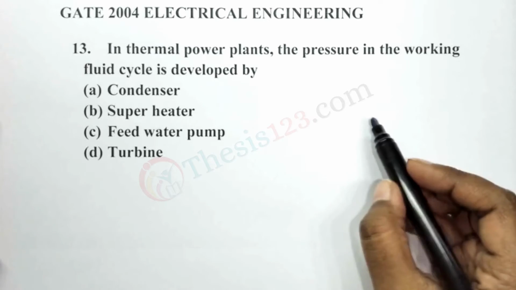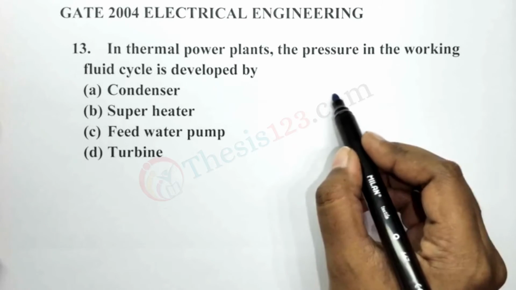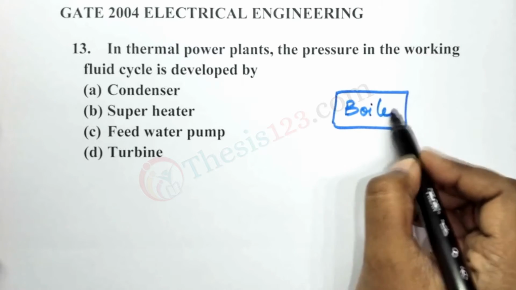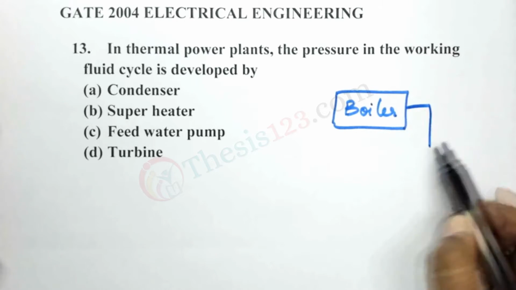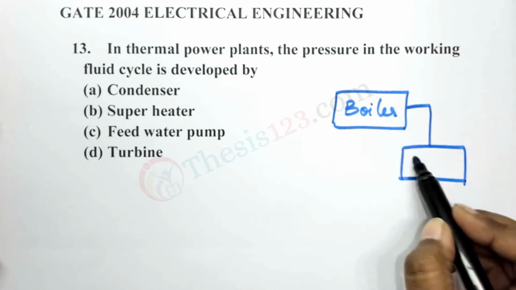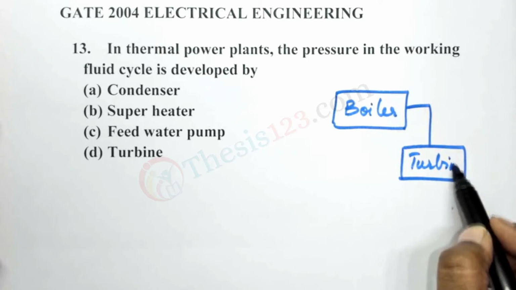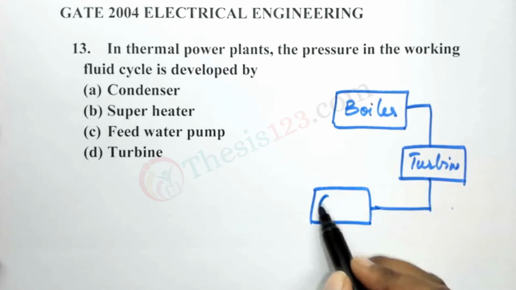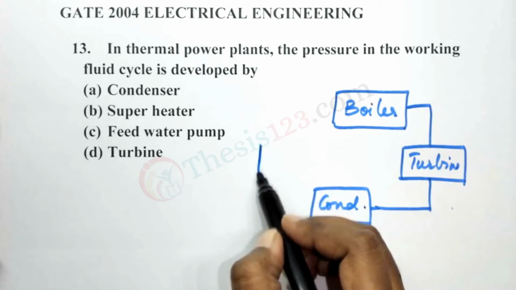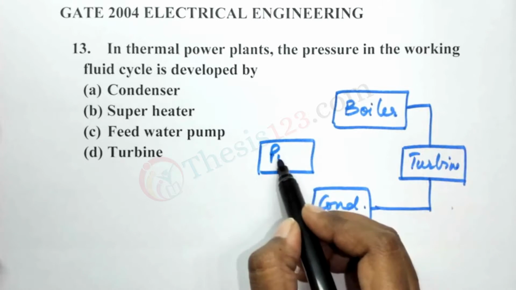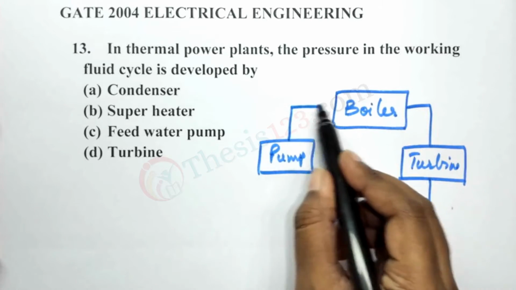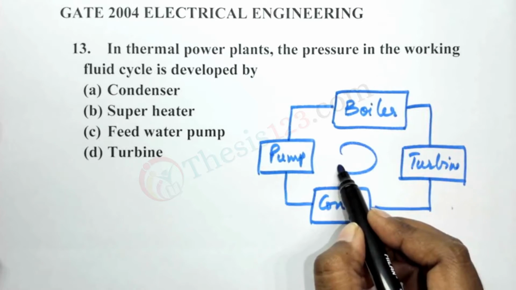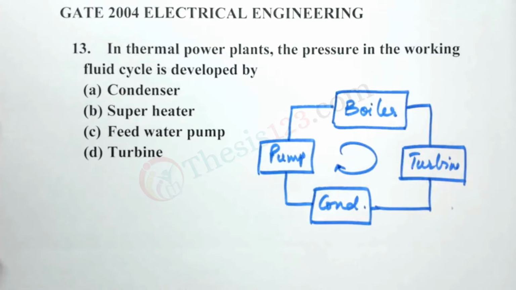So we have the first one, which is a boiler, which is then connected to the turbine, then further to the condenser, and then to the pump, which is further connected back to the boiler. So this cycle is the working fluid cycle. So here,